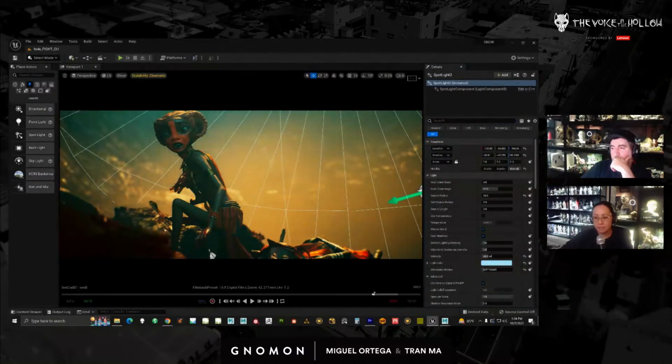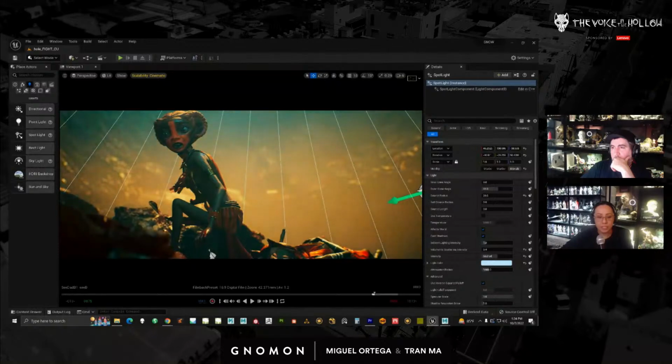Now the spotlights here, the first one hitting it, what it's doing is giving me some subtle highlights on her shoulder. As I turn it on and off, you can kind of see. It's also giving me a little bit of spec hit here, which I like. I'm also going for a blue color. Our palettes are pretty simple. You can see the smoke is really orange. And since that's orange, I'm going to counter that with blue light, right?